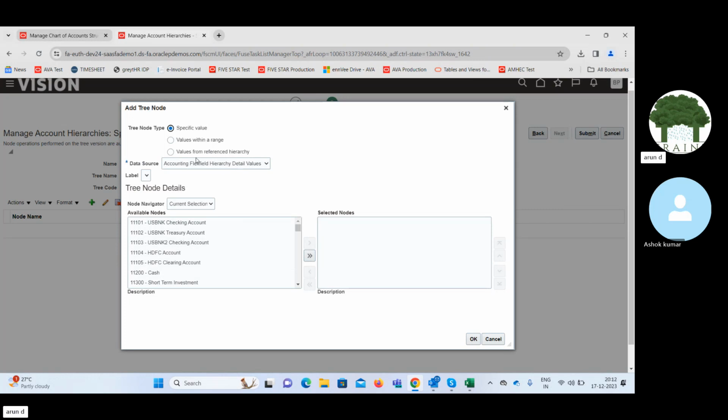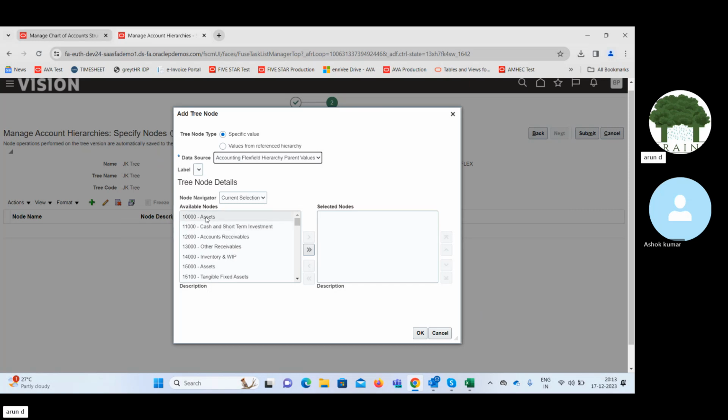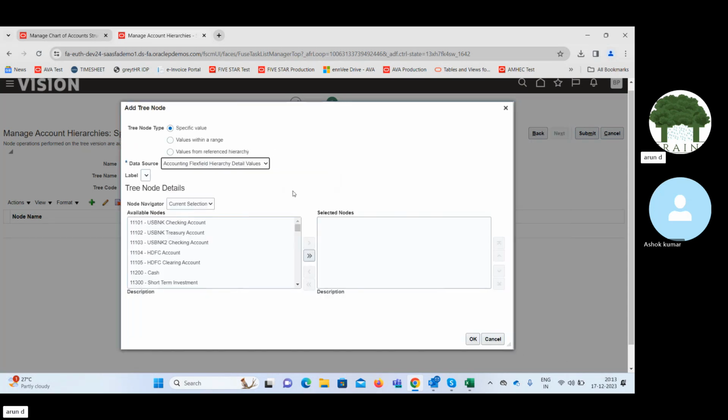Here, if you want to add a specific value, you can do that, or if you want to give a range, you can. These are the options, and here you have the detail value. Detail value is nothing but our child value, and the parent value here is the asset account. So let's say I'm adding this as an asset, and I'll come back here and say this is